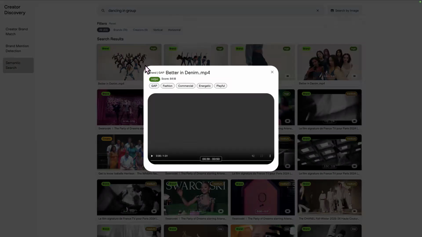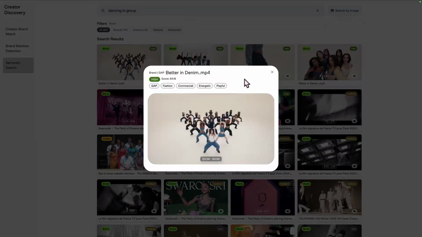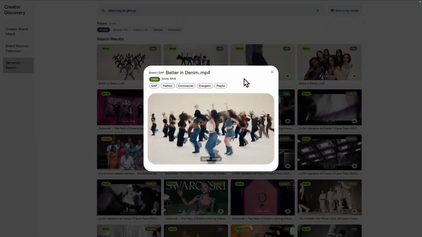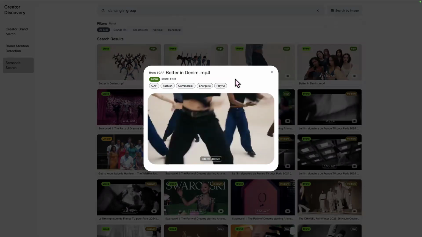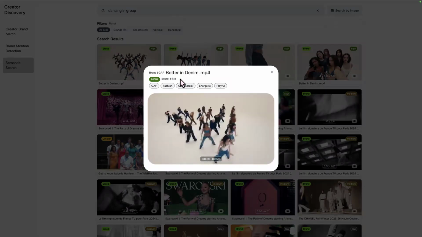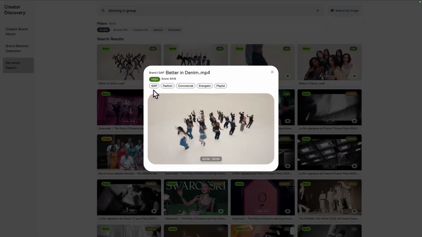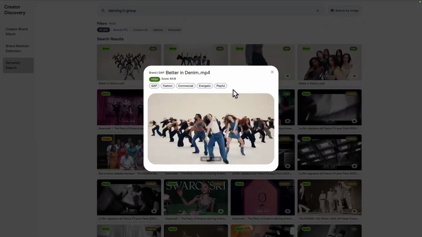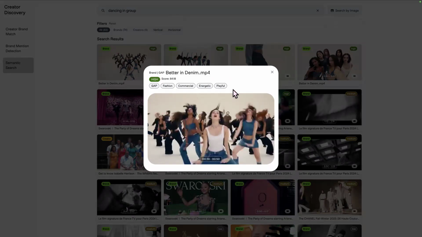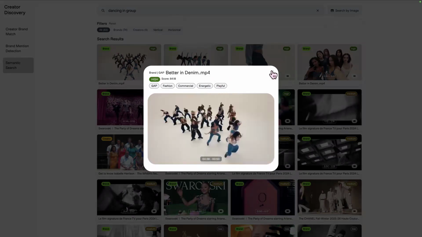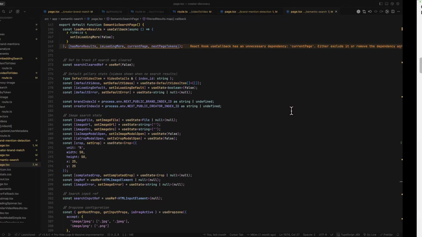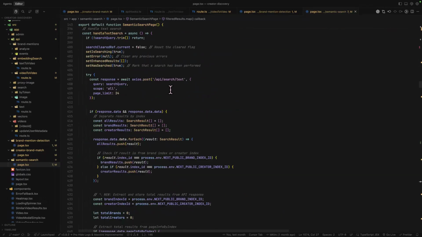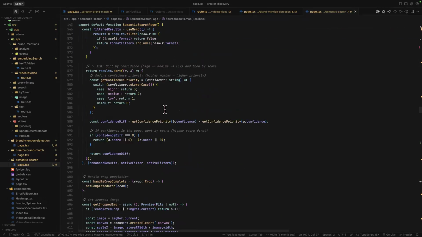And if you click one of the search results, then a video modal opens and it shows more details around the search result, like score and some metadata that has been generated by Analyze API like this. So if we look at the code for this part,